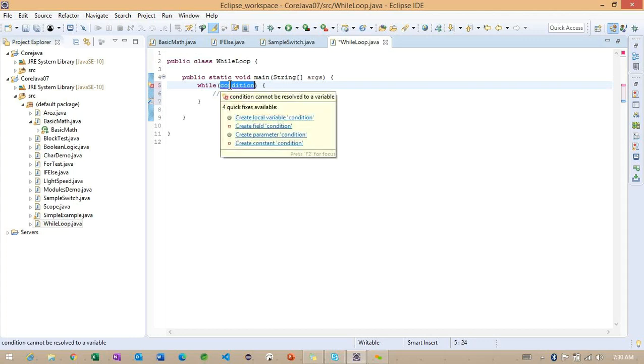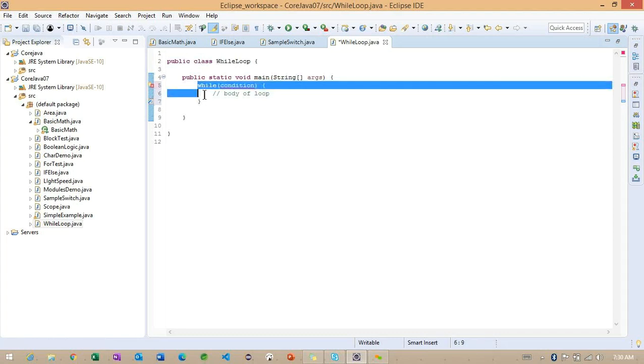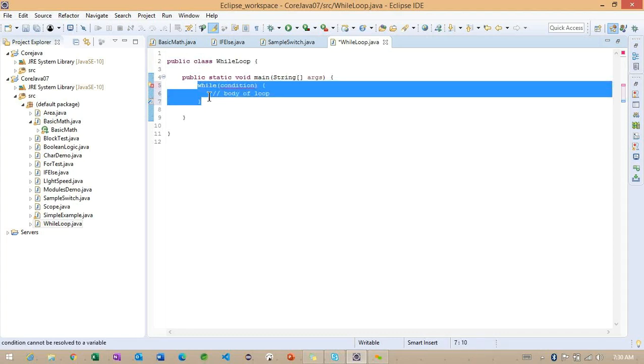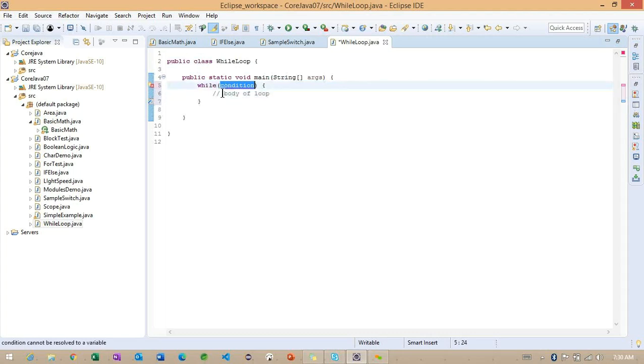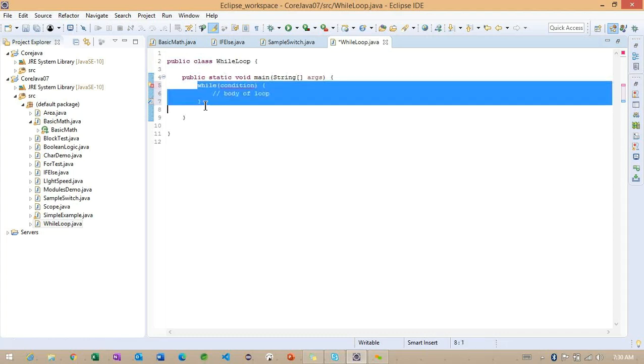Make sure this is very important here, the condition. How many times the condition is going to match, something called how many times the condition is going to return true, the same many times the particular loop is going to repeat here. When this particular condition is returning false, it will come out of the while loop here. So carefully observe how we can check with this particular while loop here.